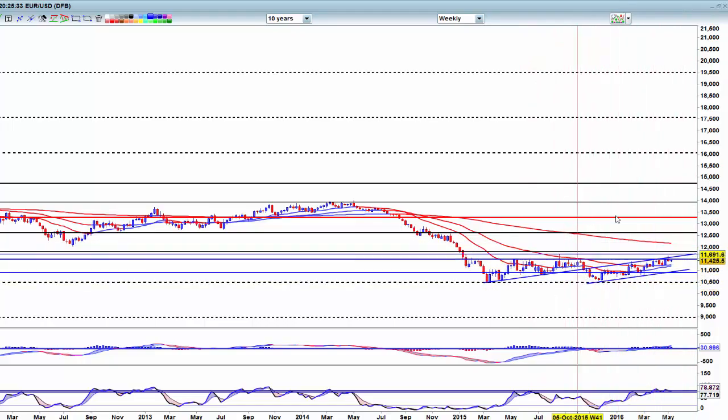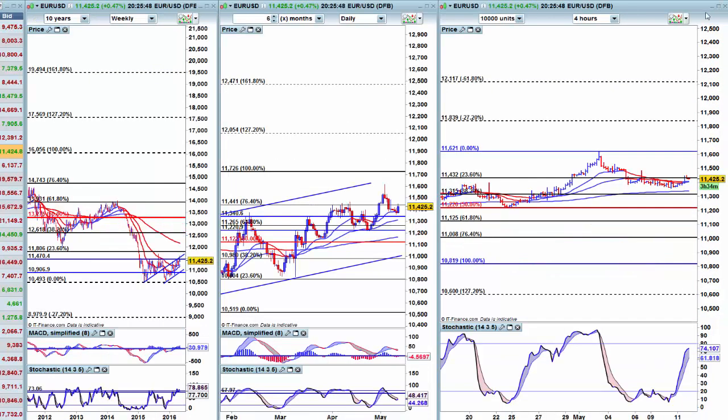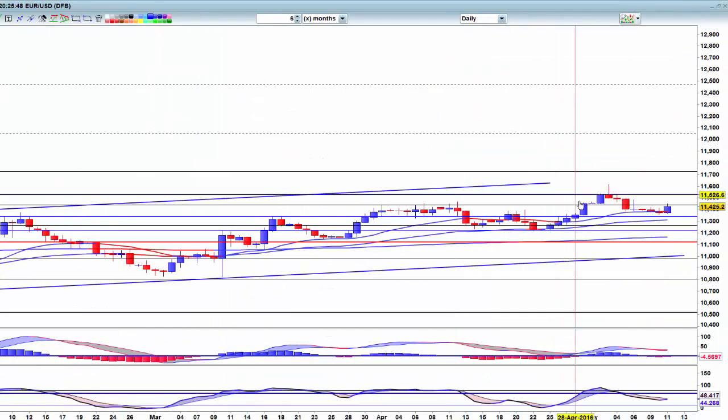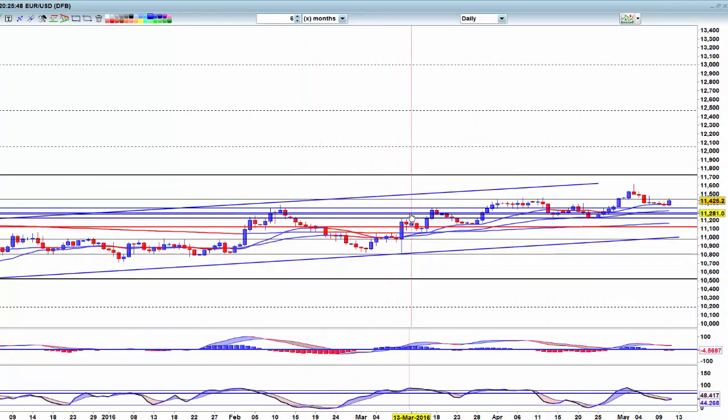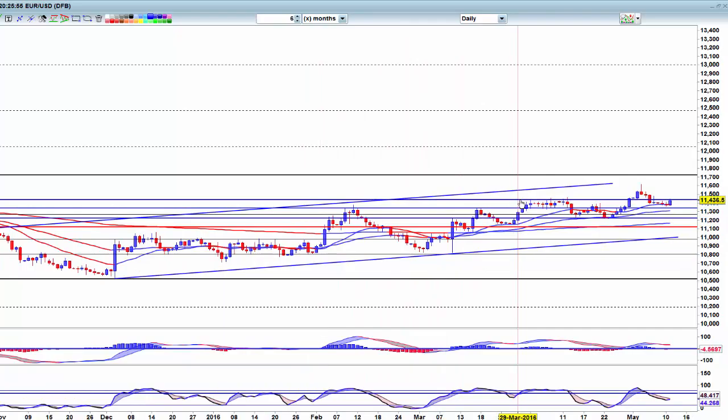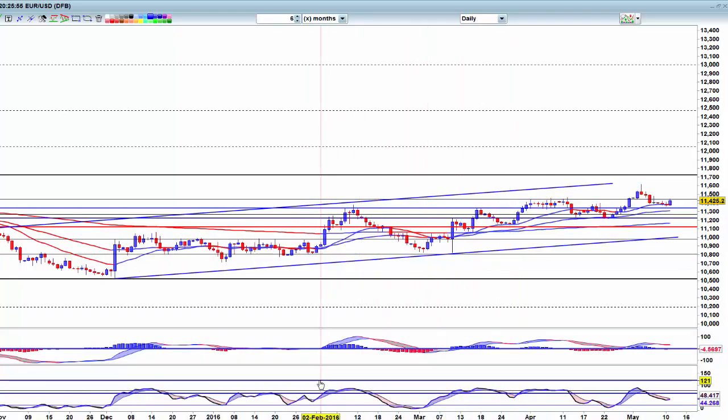We've struggled to get up here. We're at the top of the channel. We've rejected the top of channel with last week's 200 pip lower close, and so I'm just shorting into this little rally that we had today midweek. If you look at the daily chart, you can see how this fib level up here at 114.36, 114.40 area, which is where I shorted,